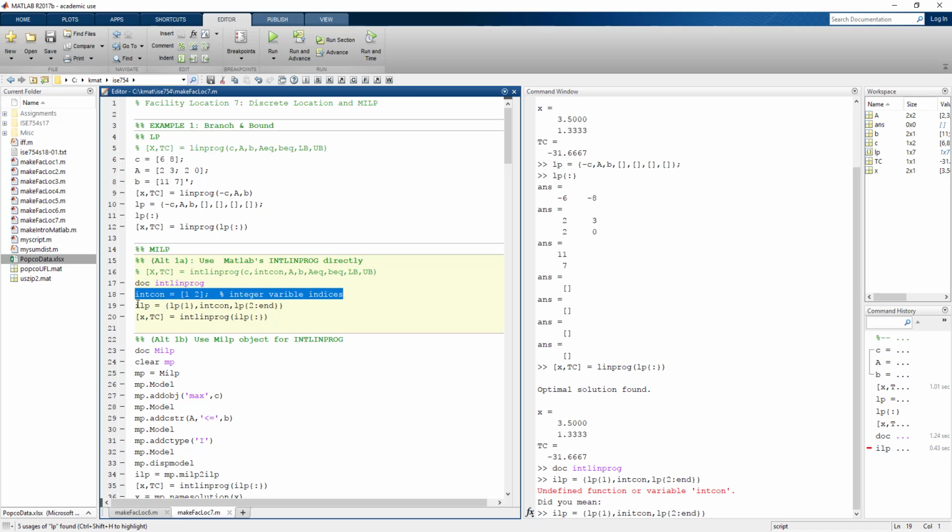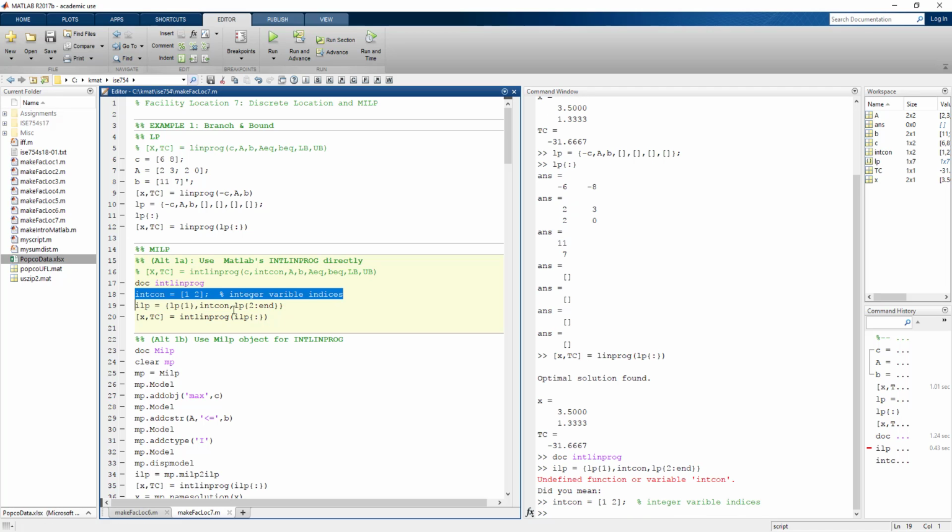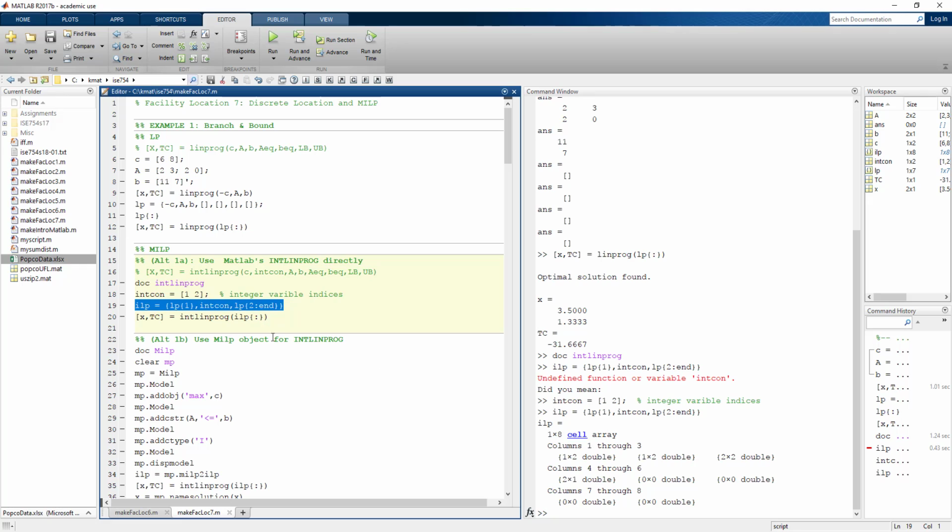So I'm going to define the integer linear variables. And then I'm going to insert those as a second argument into the original LP cell array. I'm going to keep the first argument, insert the integer indices, and then the second through the end. The end is convenient because I don't have to know what the actual length of the cell array is. I'm just taking everything to the end. And then I can do the same thing of curly brackets with a colon to get all of those input arguments. I can then solve